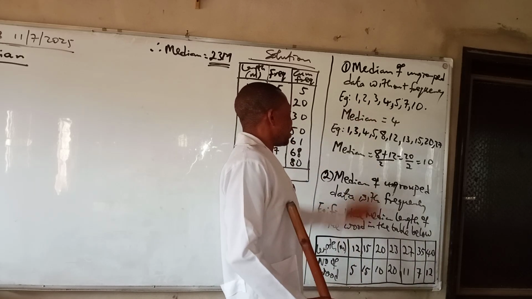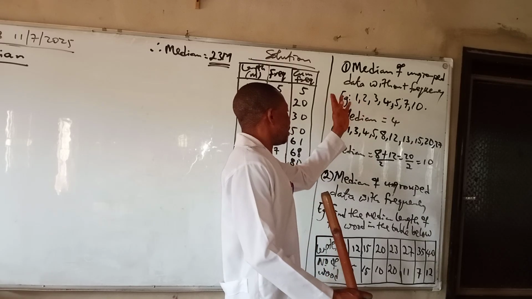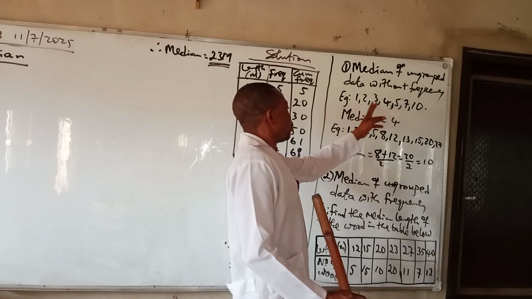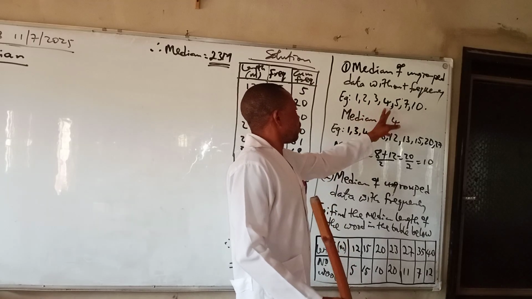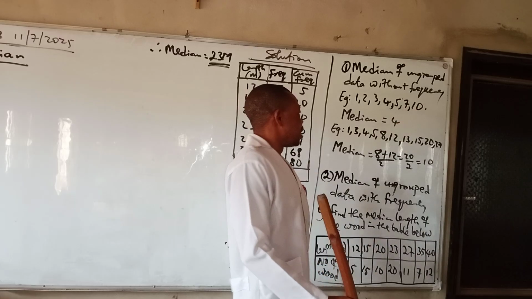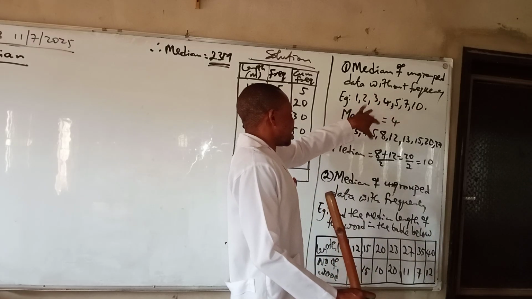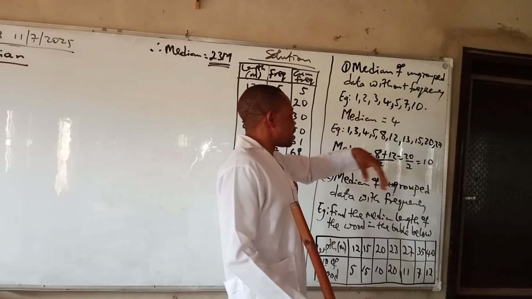For us to calculate the median, we check the total number of data distributed, counting from the left to the right: 1, 2, 3, 4, 5, 6, 7. So if the data is a little like this, ungrouped data without frequency, if it's just like this,